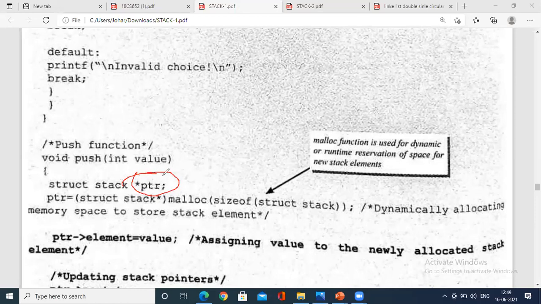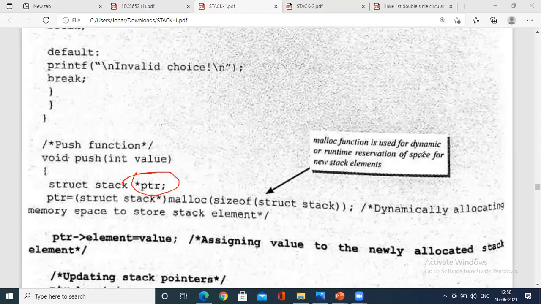Struct stack star ptr. What it basically does is copy the elements, both element and next, into a pointer to a pointer. Hence, I could create a dynamic memory allocation.